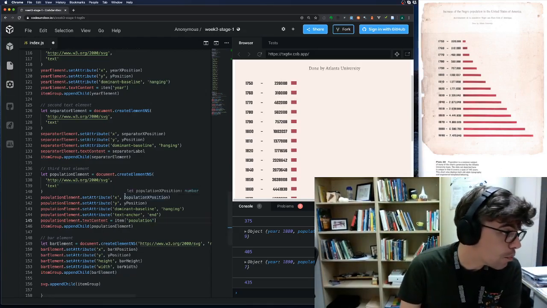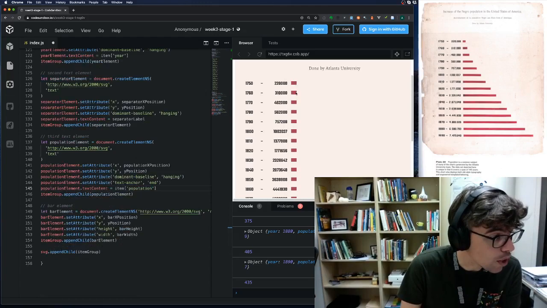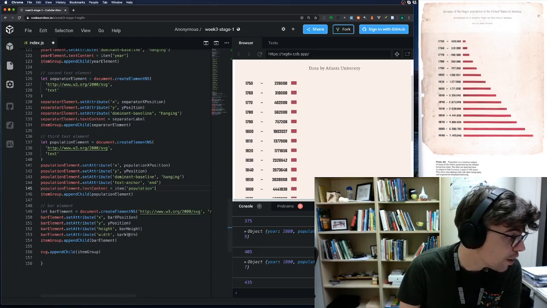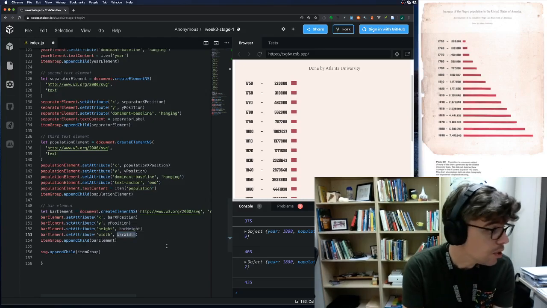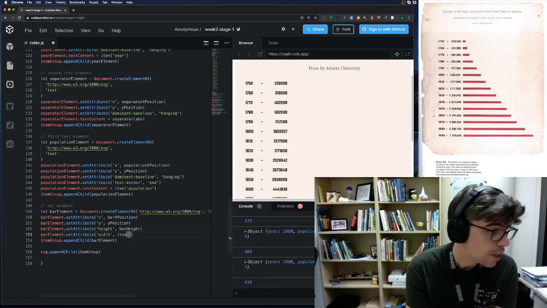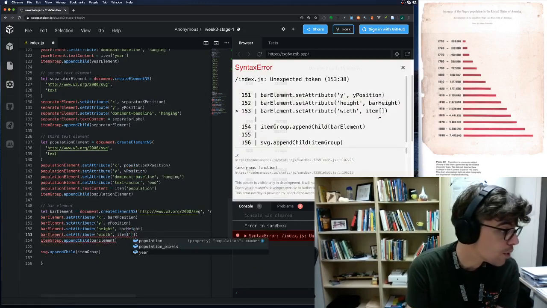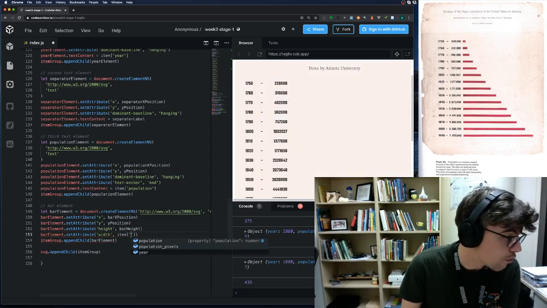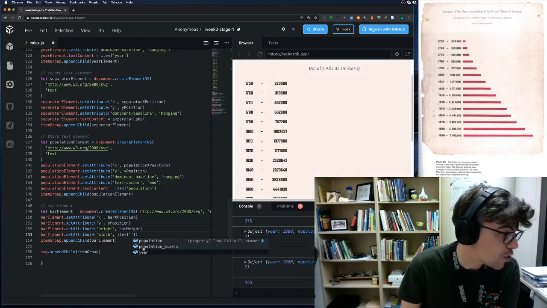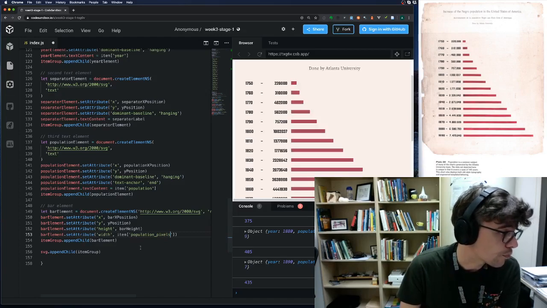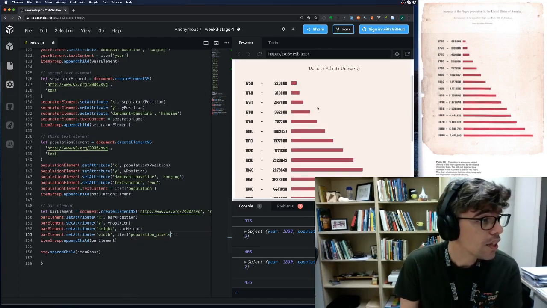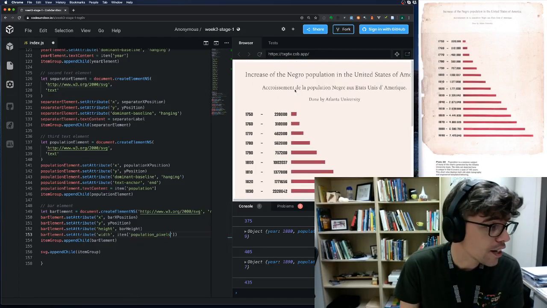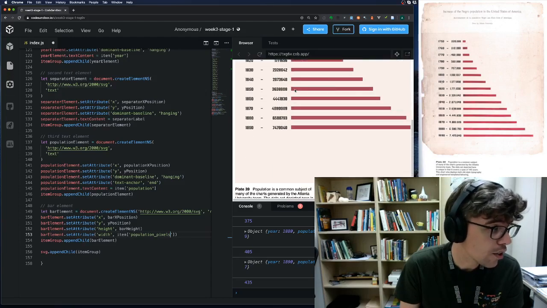And then we have one more thing to change because our bar elements are all the same width right now. So instead of using the static bar width, we need to update that too to access the item. But then instead of the population, we're going to use this conversion of the population into pixels that was already predefined in our data set. And there we go. Now we have an updated data set and it has created all of our